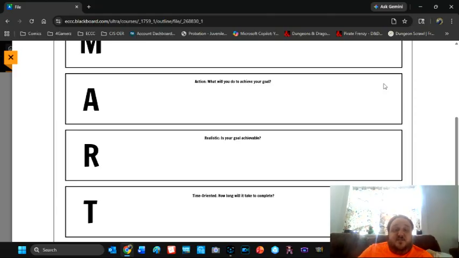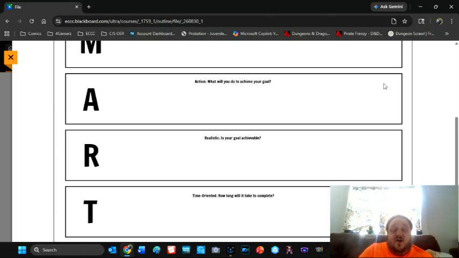If your dream is to be a child psychologist, you're going to have to get likely at least a master's in therapy or psychology. That's 2 more years for a bachelor's after an associate's, and 2 more years of graduate school. That's 4 more years of college. You know that. That is realistic and time-oriented. And that's if you go full-time.